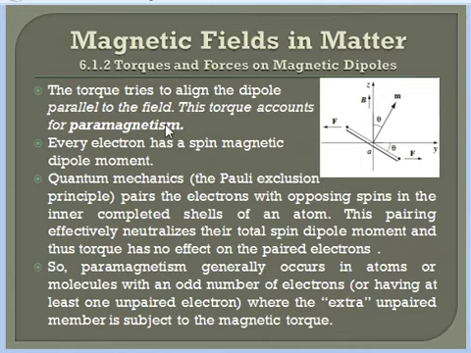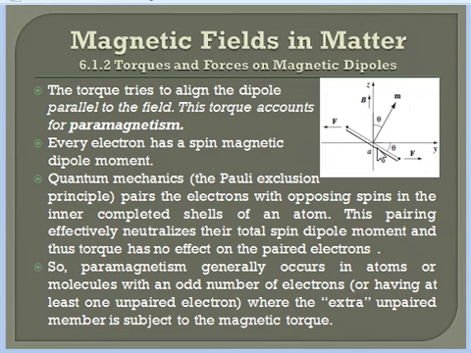Now this torque tries to align the dipole parallel to the field. We can see that the rotation of the loop will be in such a direction that this M tries to go parallel to the magnetic field B. So we can say that the applied magnetic field shifts the magnetic dipole moment parallel to the magnetic field. So this is responsible for the paramagnetism of a material.